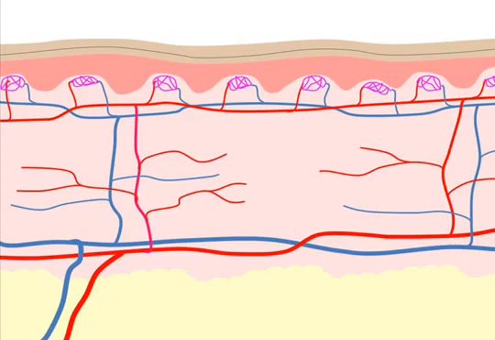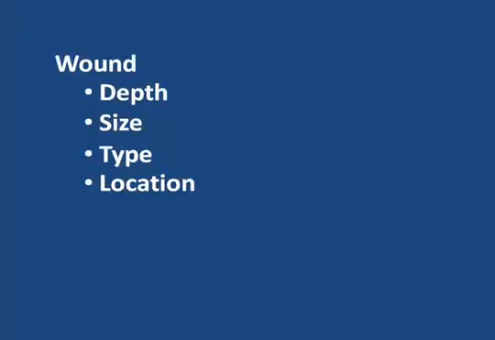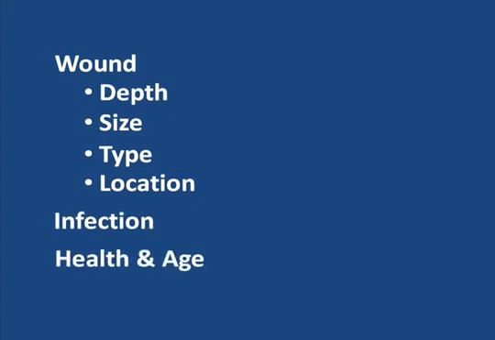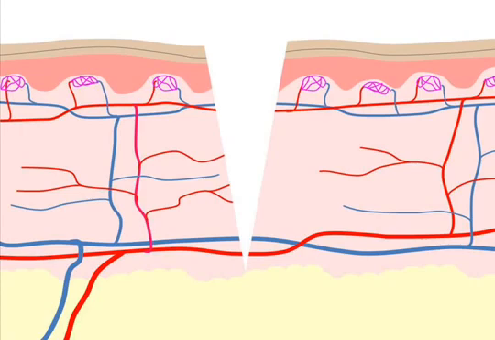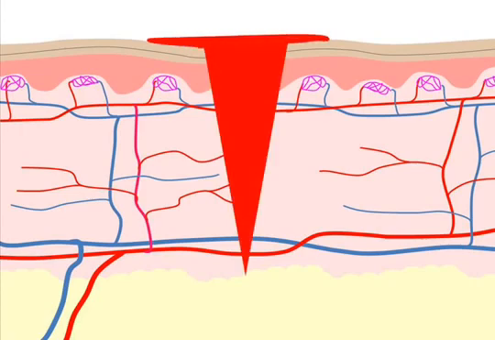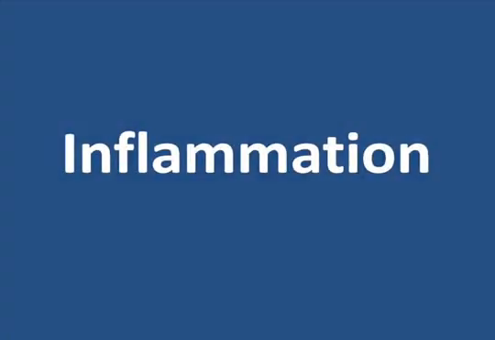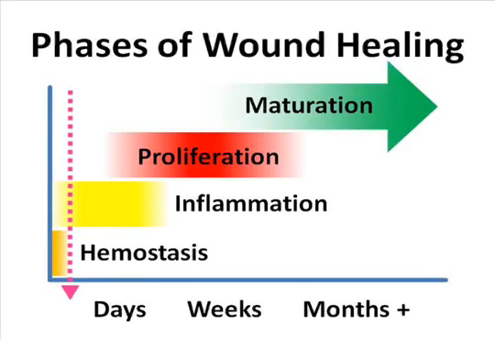healing process for those injuries varies depending on a number of factors, including the depth, size, type, and location of the wound, the presence and duration of infection, and the health and age of the person injured. So generally speaking, when the skin is injured, for example by a cut or a puncture wound, after the bleeding has stopped, a blood clot is left within the tissue, and a scab will usually form over the wound in the first few days. The beginning of the inflammation phase is marked by the migration of white blood cells into